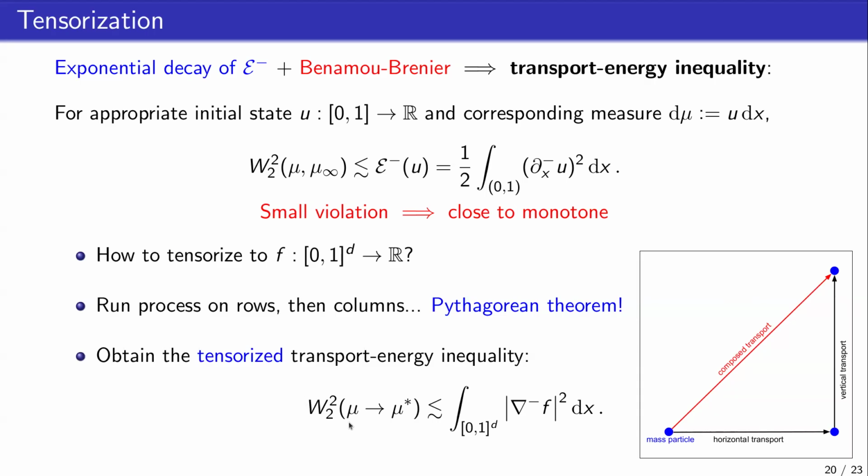So if I make this formal, then what I can get is this tensorized inequality, where for a multidimensional function f, the squared Wasserstein distance from the initial state to the final state, where everything is monotone because I've fixed all the coordinates, is at most now the squared norms of the directed gradients, which is exactly what I want in my right-hand side. I'm writing integral here instead of expectation, but it's the same thing. So this is exactly the right-hand side I want in my Poincaré inequality. And the only thing I'm missing is that I have Wasserstein distance here instead of L_p distance, which is what